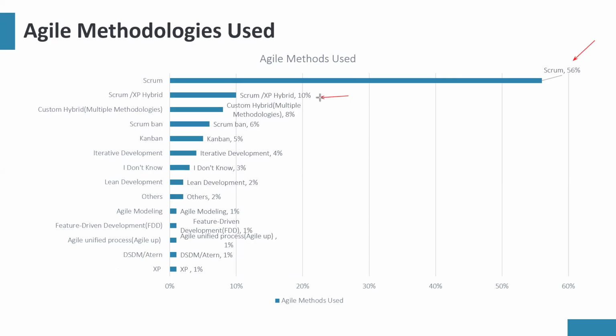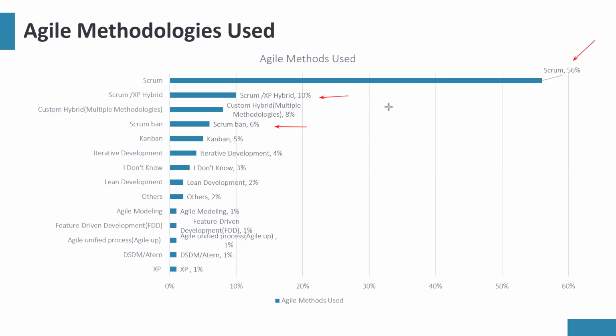10% use a hybrid of Scrum and XP. 6% use a hybrid of Scrum and Kanban. So that means if you add all we have, 56% plus 10%, that's 66% plus 6%, you find out a total of 72% of people